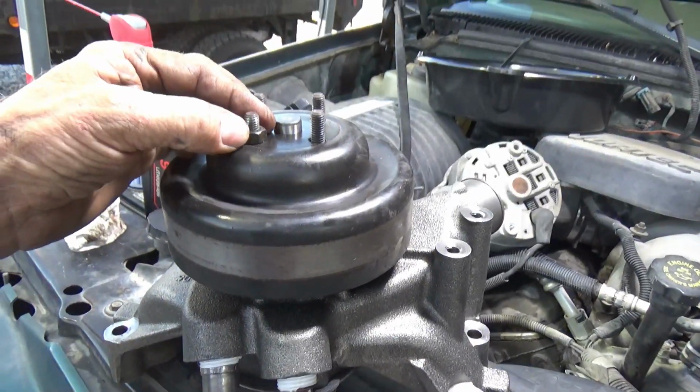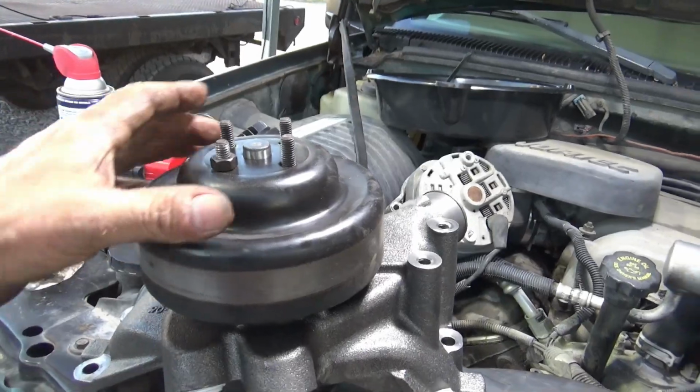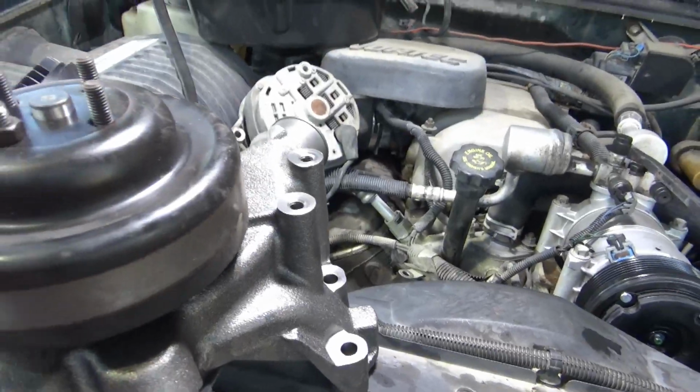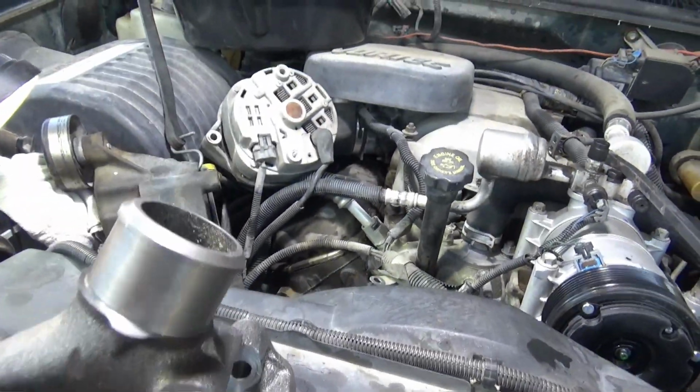I put my pulley back on there and just snug down with my fingers one nut on there, because I don't have room to get the pulley on there once the water pump is installed. I'm going to put my gaskets on the bolts. Put my bolts in there, put the gaskets on, and